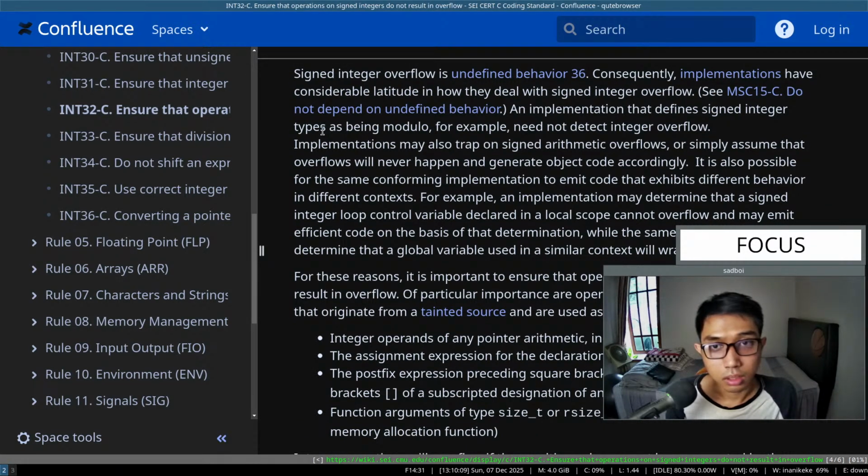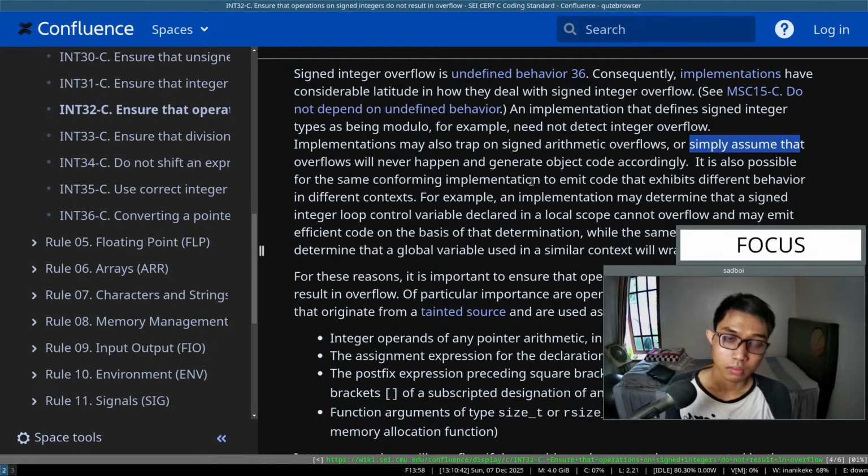Data find sign integer type as being modulo. So type on or simply assume that omit code that different behavior, for example an error lesson might determine that a sign